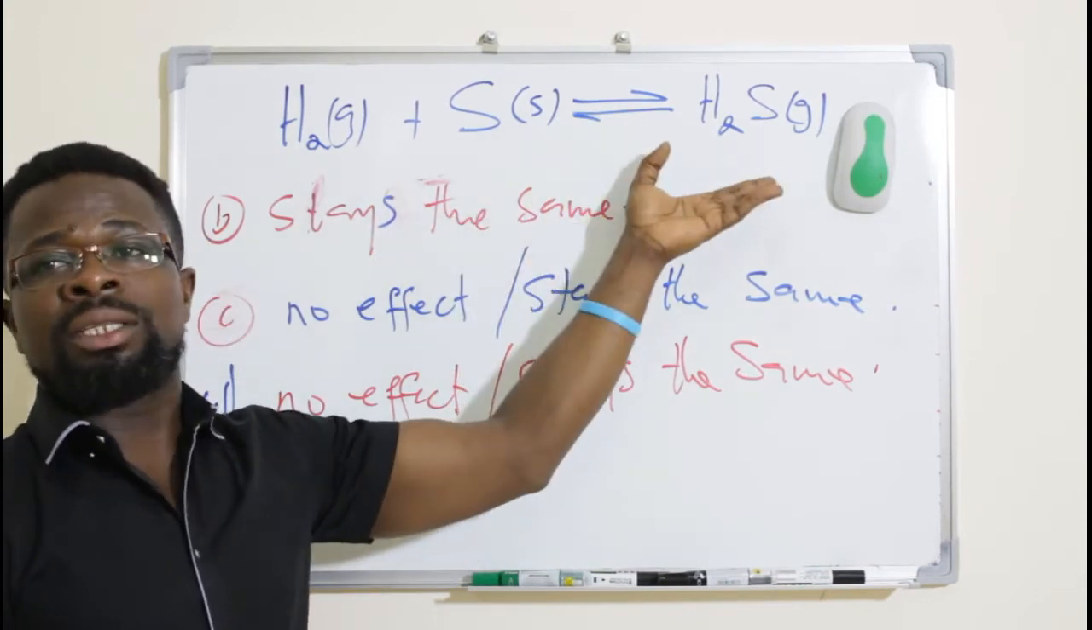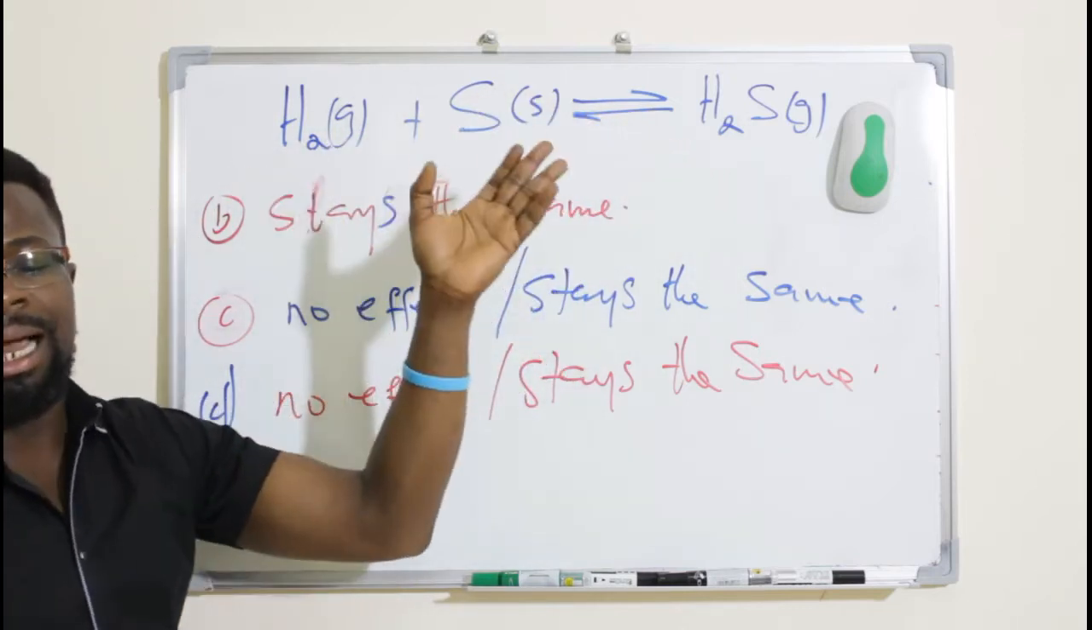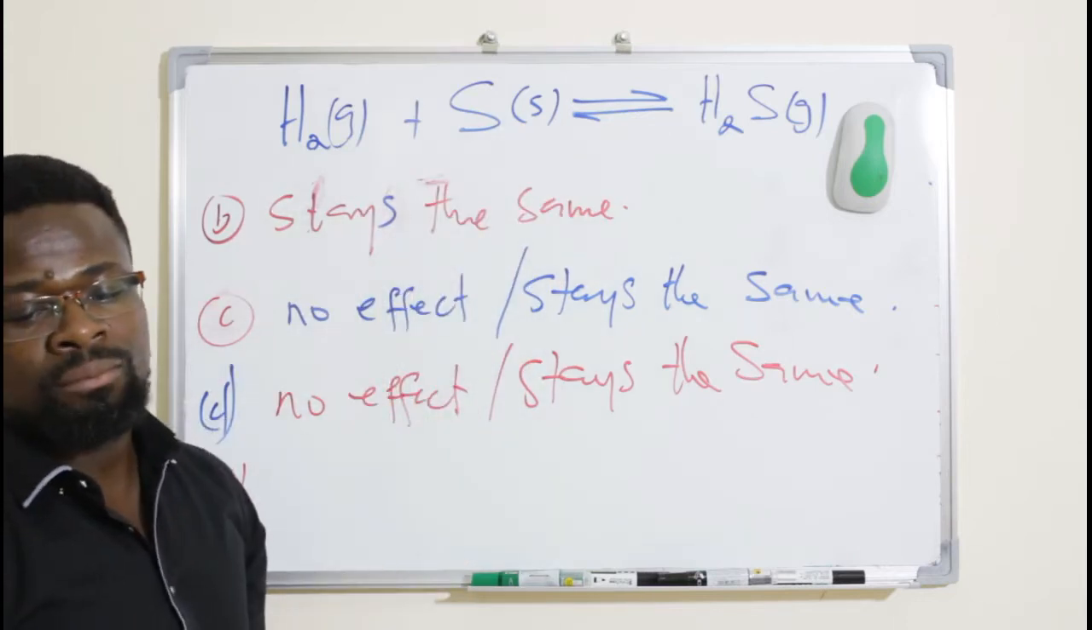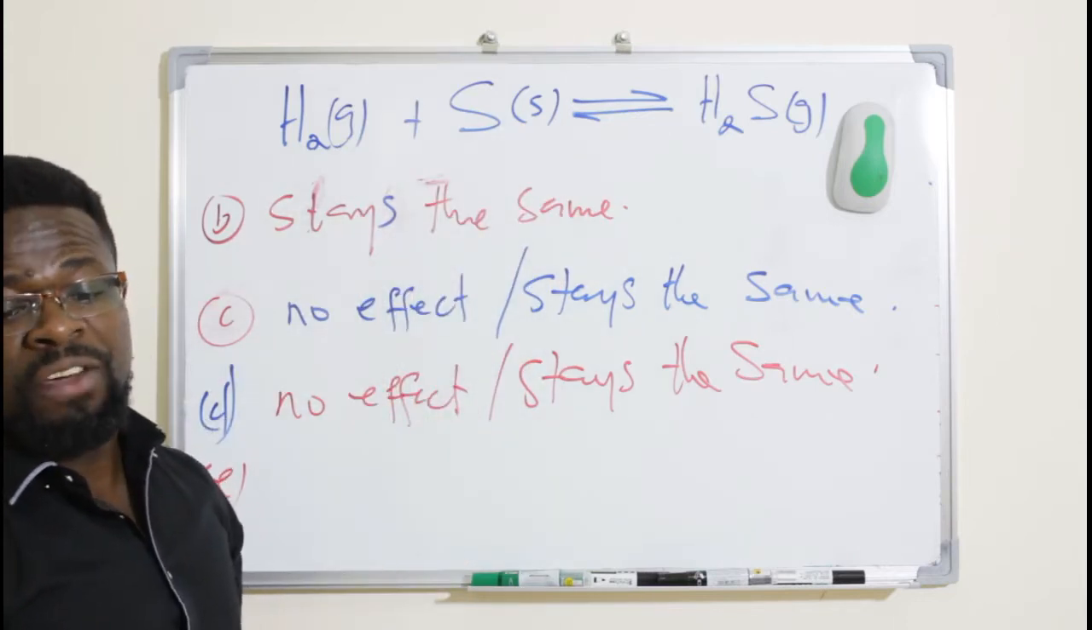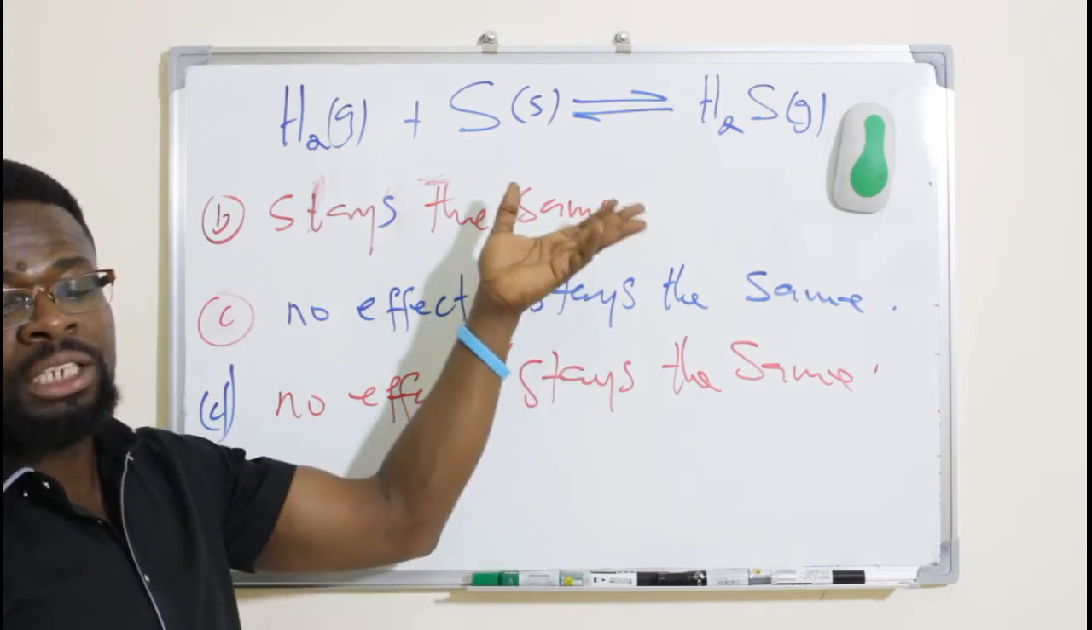So if it is exothermic, what is going to happen? The Kc value decreases. That means that the reverse reaction is going to be favored. And if the reverse reaction is going to be favored, what are we going to say? We'll say that an increase in the temperature will always favor